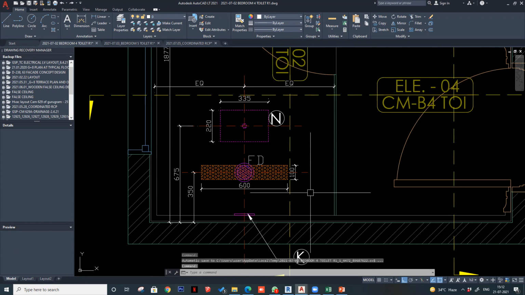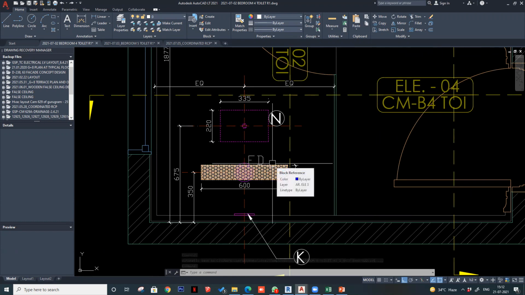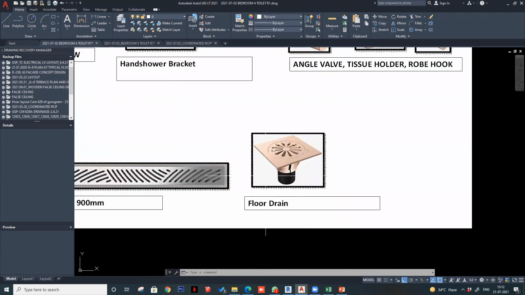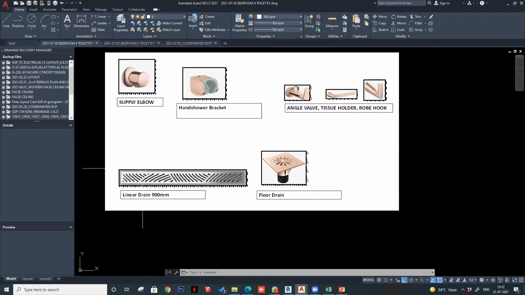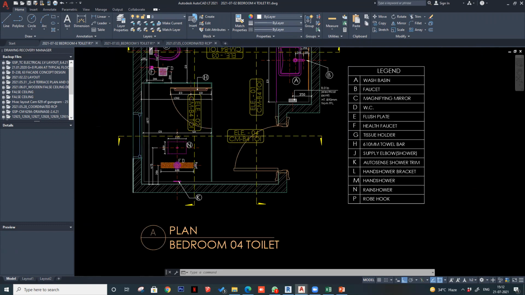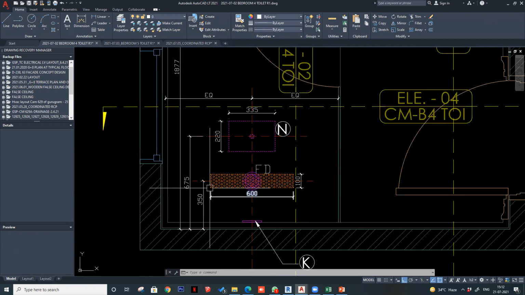from your bath vendor you will get whatever drain you are using, like for example something like this. So its dimensions you will get from them, okay? A linear drain or a drain like this, or a shower drain. Mostly in the shower area we use shower drains which are tile insert. So basically tile insert is a drain which has a space in the middle to keep the tile.